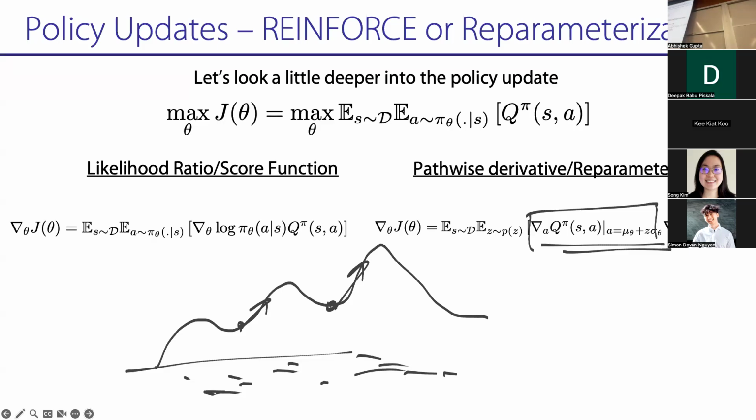So the way to think about this is that the left-hand side is a zeroth order optimizer: you're not taking the gradient of the Q function. The right-hand side is a first order optimizer: you're using the gradient of the Q function. Whenever you use the gradient, you have more information. The risk is that if your gradient of the Q function is bad, then you're in trouble. And so that's the trade-off.